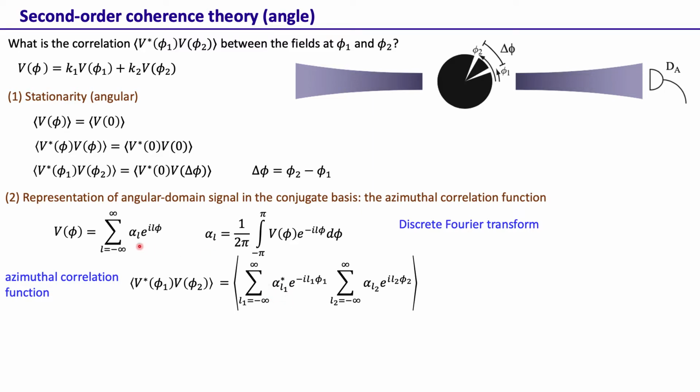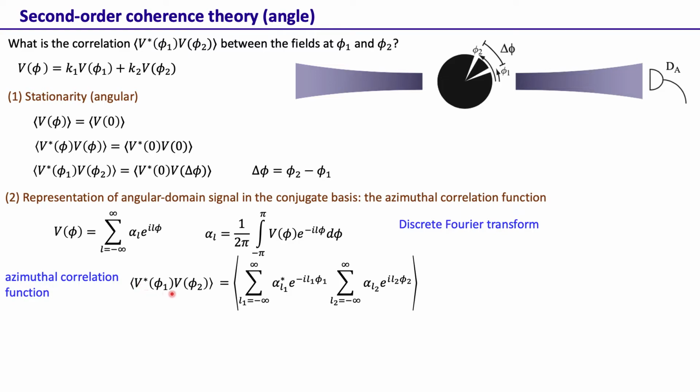Again, let me mention it here. When we write this for a random signal, this is more of a symbolic thing, because if this is V phi, since the continuous Fourier transform cannot exist, similarly the discrete Fourier transform also cannot exist. So at this point it is in a symbolic form, but when we calculate the correlation, that's when it assumes a concrete physical meaning.